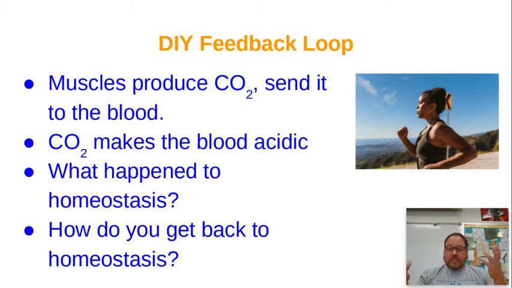When the body exercises, the muscles are moving, right? And muscles require a lot of ATP, and part of the ATP production process produces CO2. So when your muscles are active, you make CO2, and then your cells dump that CO2 into the blood. When CO2 enters the blood, it forms carbonic acid, and your blood starts to acidify.